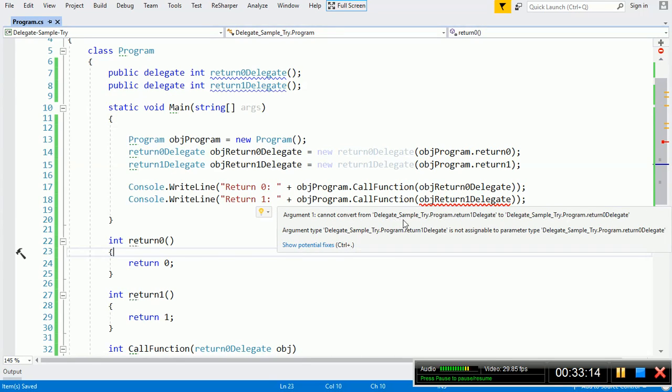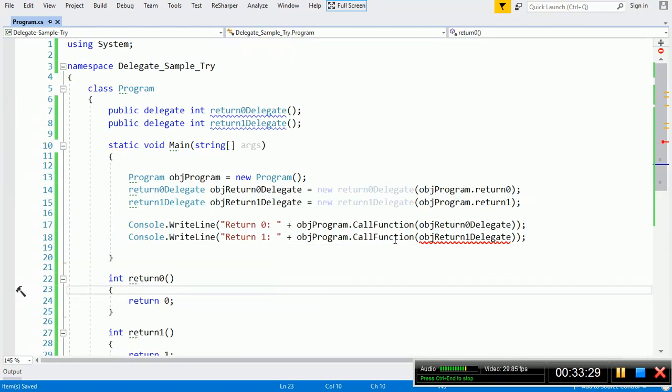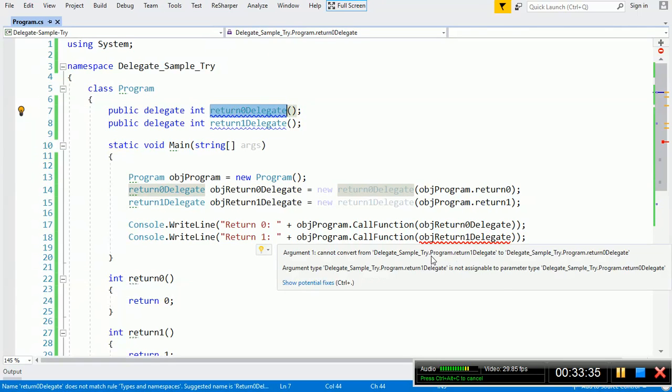What is the error? Argument 1 cannot convert DelegateSampleTry, this is our namespace name, dot Program, this is our class name, dot return 1 delegate to return 0 delegate. It means this argument of call function accepts only a delegate of type return 0 delegate.